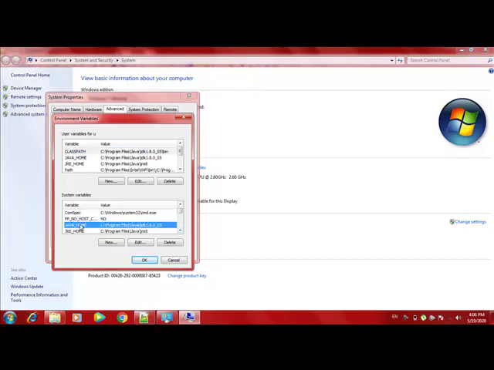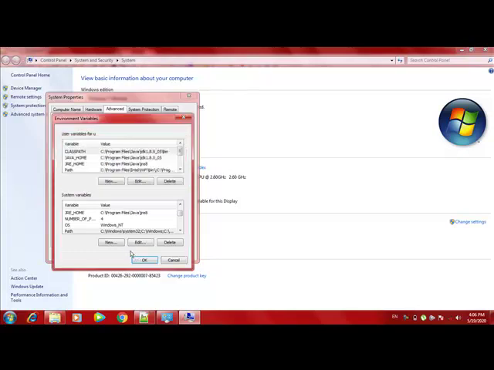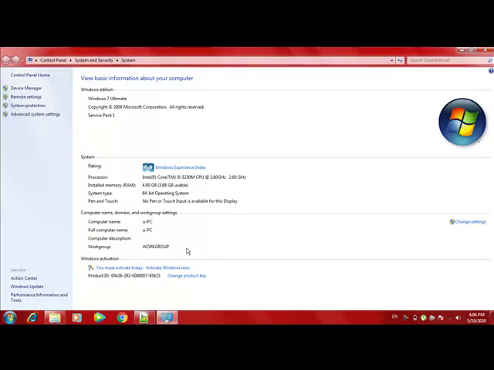You have Java home, you have JRE home, and you already have a path variable. So I just concatenated my data to this path variable. See, program files, JDK. Once this is set, you can also restart your computer, and now let's start running a sample Java code.